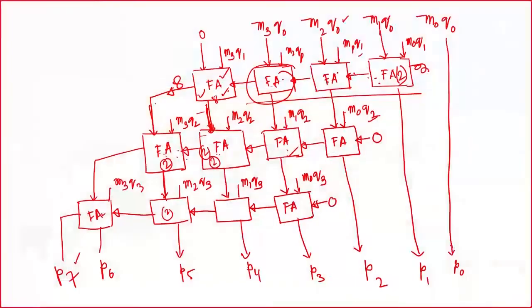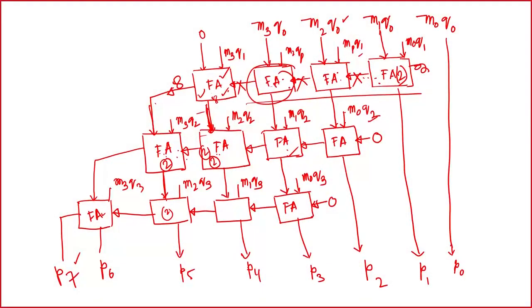So, therefore, what we can do, instead of rippling the carry to the left side in a row, we can cut this one, we can cut this one, we can cut this one, we can allow each full adder to run in parallel. Instead of adding the carry to the next bit position, we can feed this carry in this position here, we can feed this carry here, we can feed this carry here, we can feed this carry here. So, there should not be any term like this one. So, the result will remain the same.